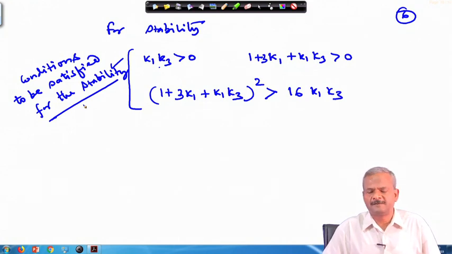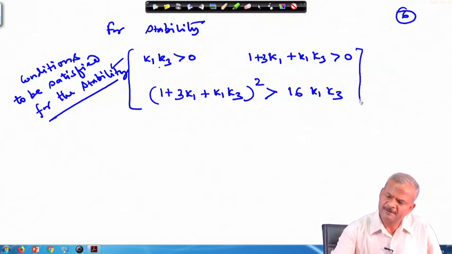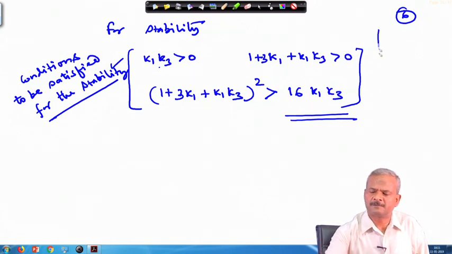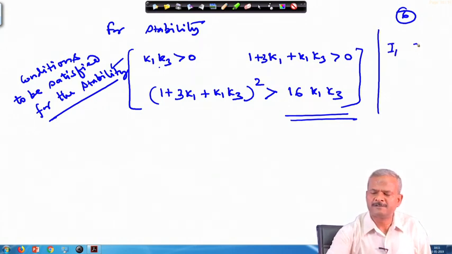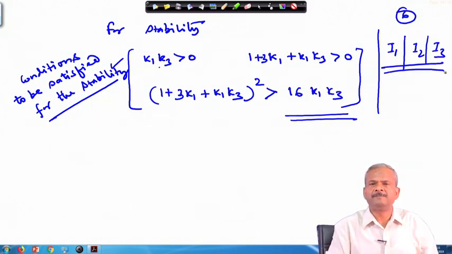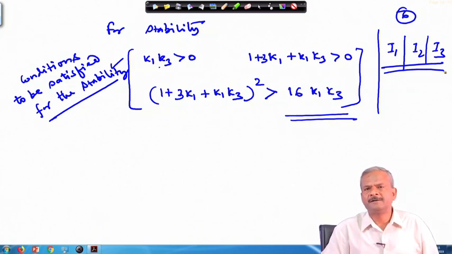Now, we have to analyze it. We have got the condition under which we get purely imaginary roots, and based on this, how will these conditions help you in designing the spacecraft? What is the design about? We want to choose the values of the inertia matrix, basically I 1, I 2, I 3. These are the things we want to choose. Will it guide me in doing so? We will take up this problem in the next lecture, and for the time being, thank you very much for listening.